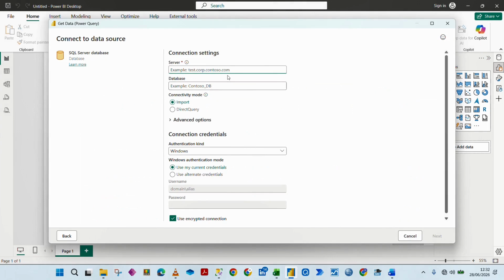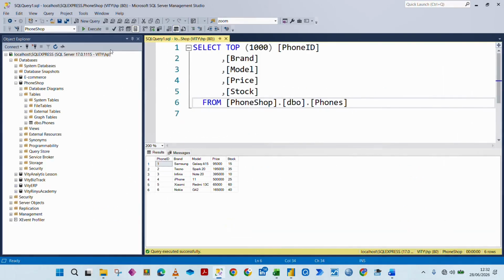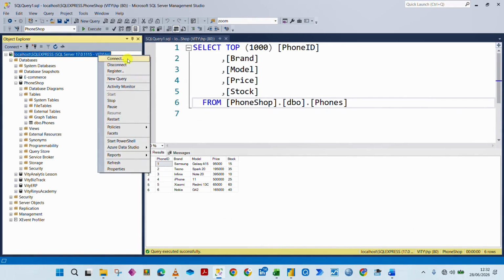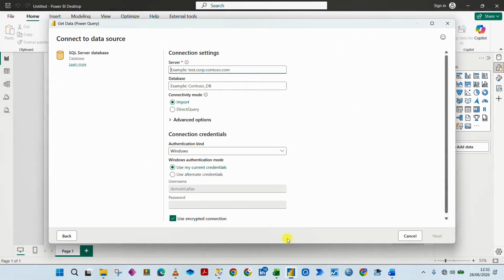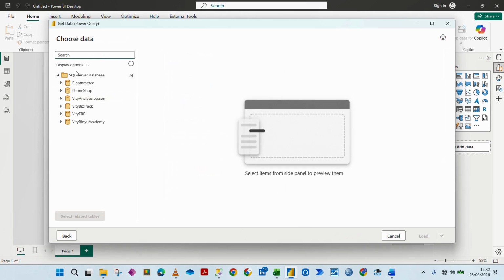SQL server name. So I'm going to go to SQL to get our server name. This is our server name here. Let me copy this. I'll just Control A and then Control C to copy. I'll go back to Power BI, and then I will drop this here. We want to import direct query. Let's go with this one. We take enter, and then